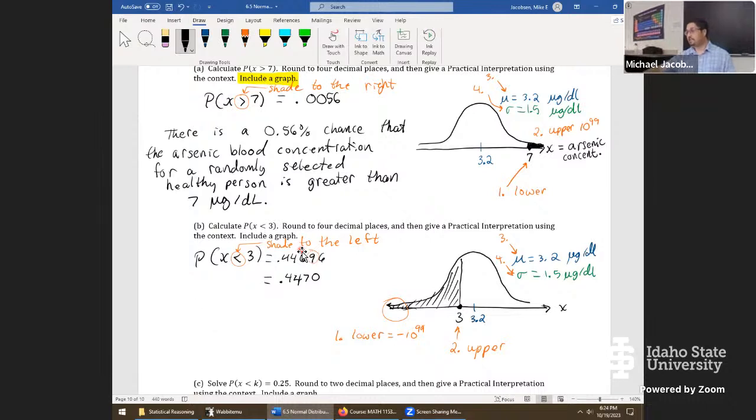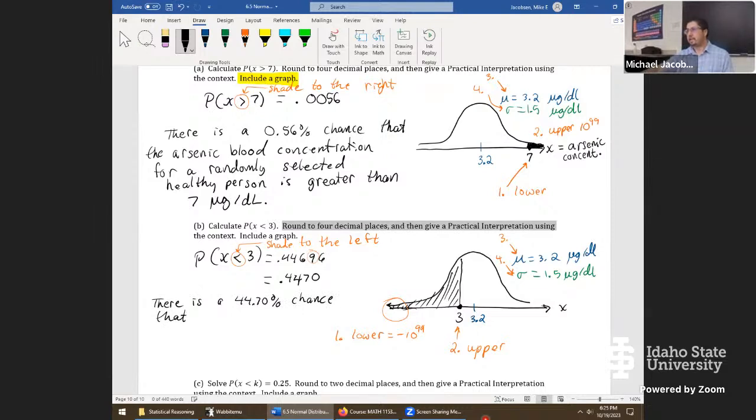Awesome. Now we've got a probability. What we need to do is give the practical interpretation. It's pretty much the same thing. We just have to get the directionality right. I'm pretty much going to write out what we said on part A, but instead of saying greater than 7, I'll just say less than 3 micrograms per deciliter. So let's write out there is a 44.70% chance